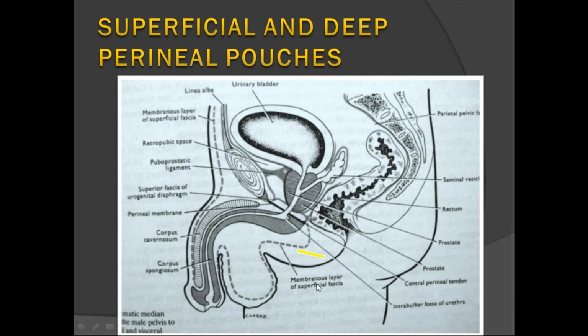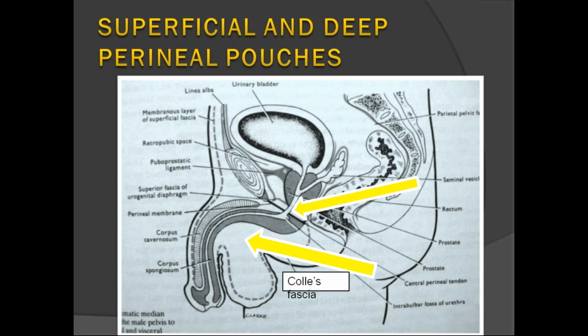In this, the arrow represents the superficial perineal pouch, and this is the deep perineal pouch. So, the perineal membrane. Here identify this dotted line, the fascia called Colles' fascia. Colles' fascia is nothing but a continuation of